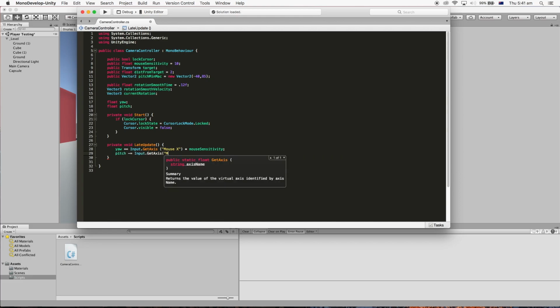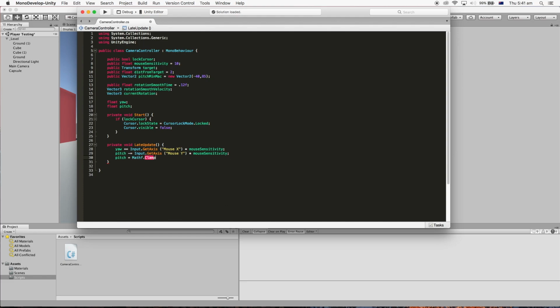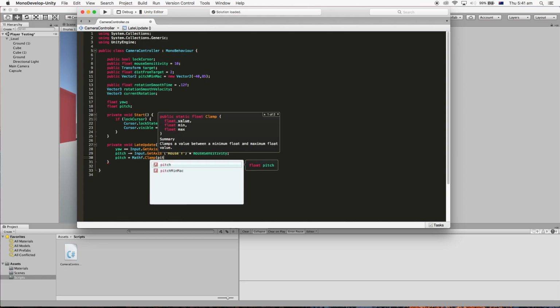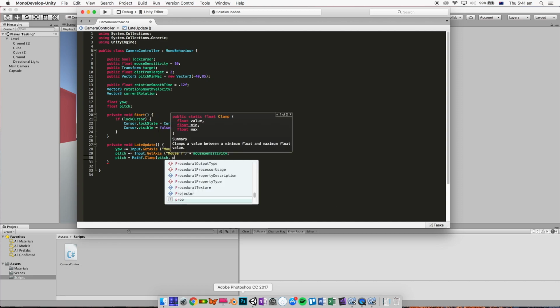Input.GetAxis, and you guessed it, Mouse Y, and we're going to times this by mouse sensitivity. I'm sorry that I'm moving so fast. I have to do this, and we're going to clamp this. We're going to clamp the pitch so we can't go too far up and down, so we can't just go all the way down and do a 180 and come back to where we were. Won't look good at all. So we're gonna clamp the pitch to